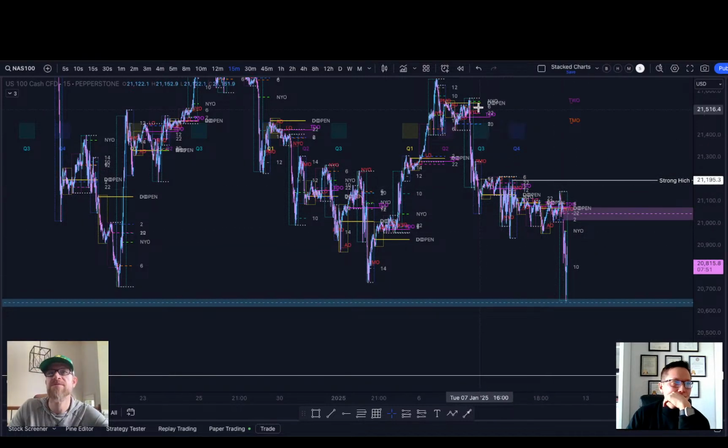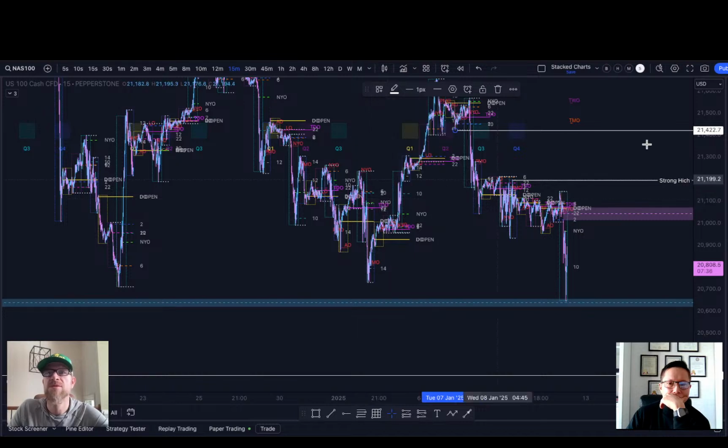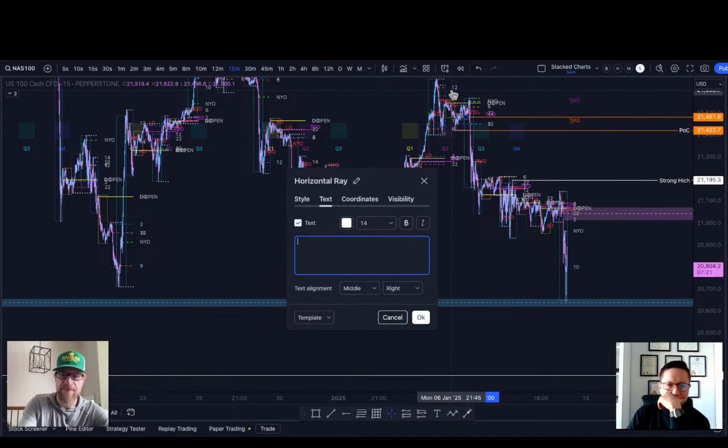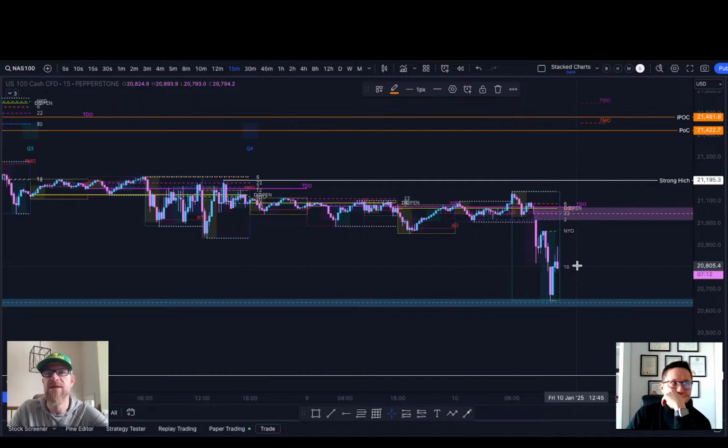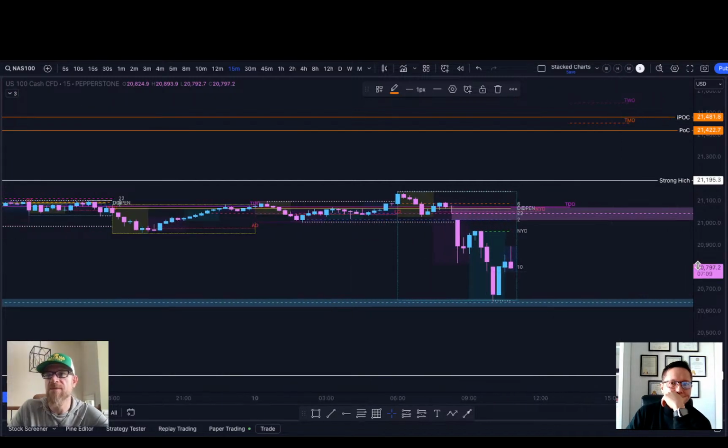All of this could be inducement for these change in the state up here. So we had our internal POC right there kind of guided for us. Point of control there. Here we have our new day open up here, and that's also a POC internal. So we can go internal POC, and then we'd have to get into the minutia of that. So making it relevant for right now and keeping it educational,